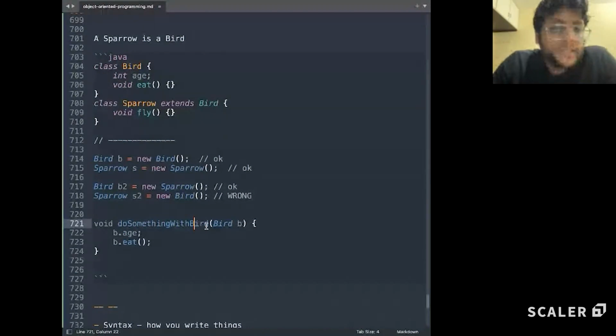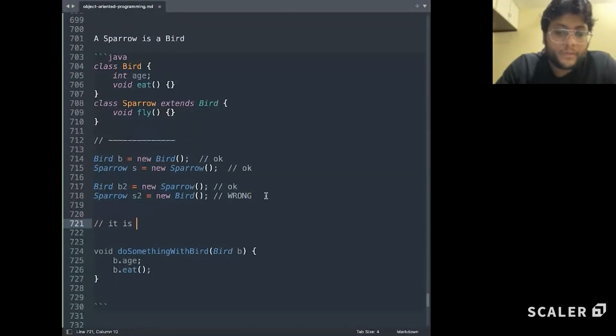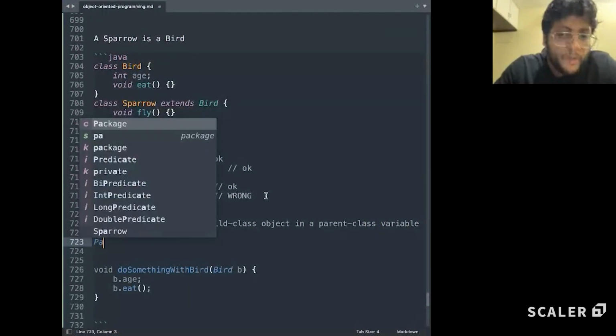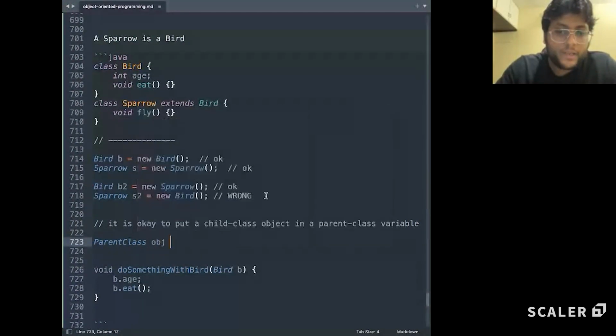Right? So this function must work with a sparrow as well. Yes or no? Which is why it is okay to put a child class object in a parent class variable. It is okay to do parent class object equals new child class. This is fine,